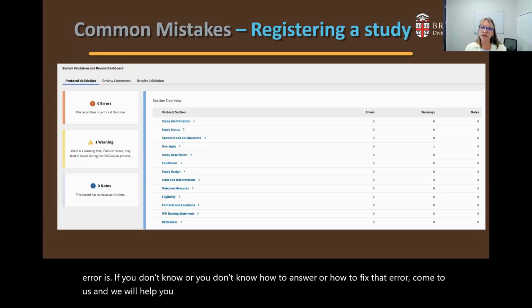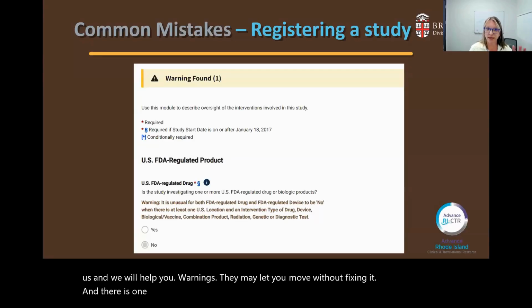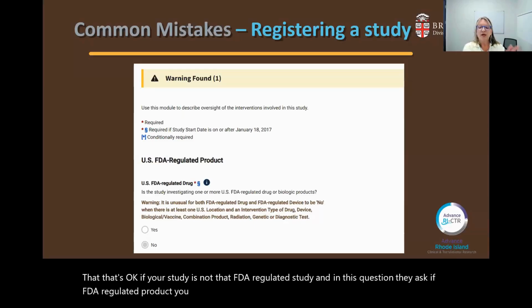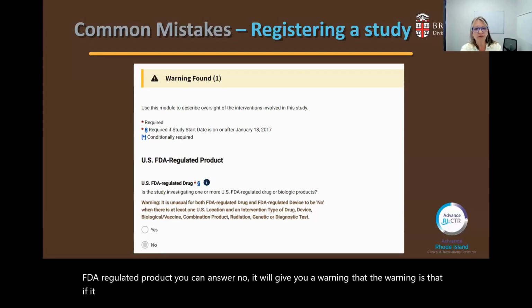Warnings, they may let you move without fixing it. And there is one specific warning that is very common, and we see it all the time, that's okay. If your study is not an FDA-regulated study, and in this question they ask if it's an FDA-regulated product, you can answer no. It will give you a warning,